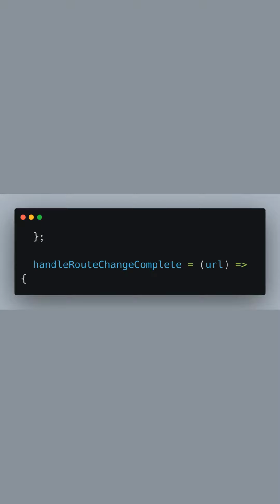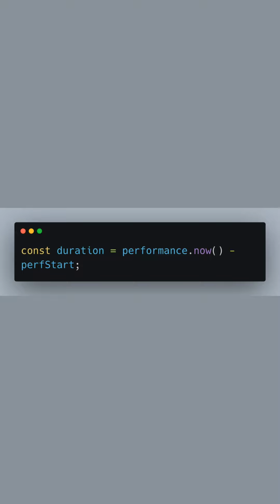Next, we define the handleRouteChangeComplete method, which also takes the navigation destination URL as an argument. Inside handleRouteChangeComplete, we calculate the duration of the page transition. We subtract the perfStart timestamp from the current performance.now timestamp. We then log to the console the destination URL and the calculated duration of the navigation, providing insight into the